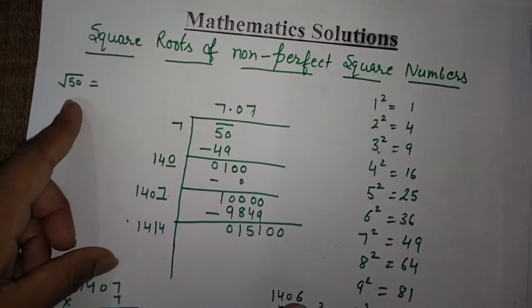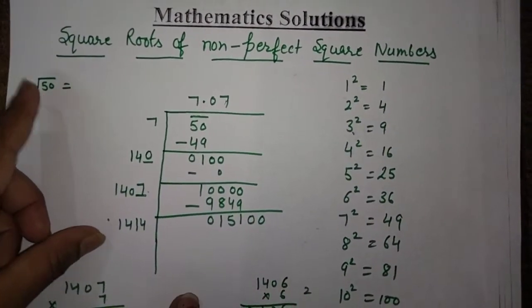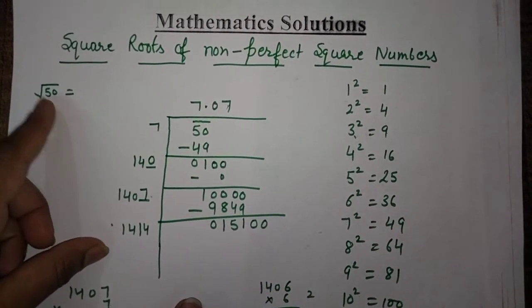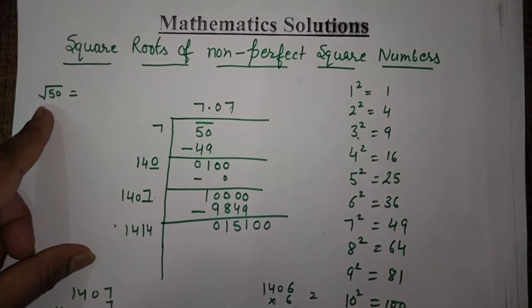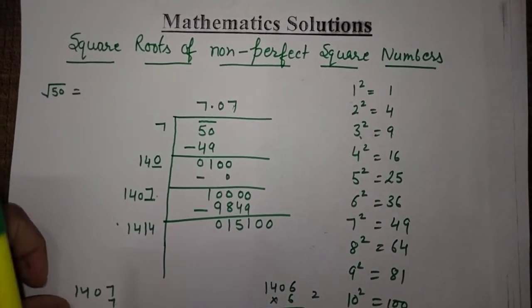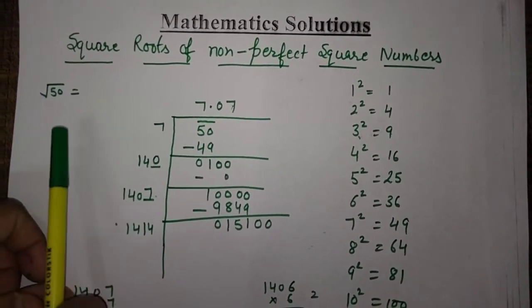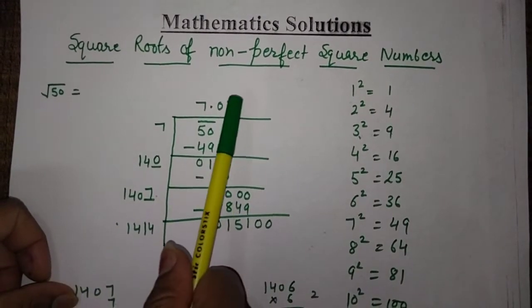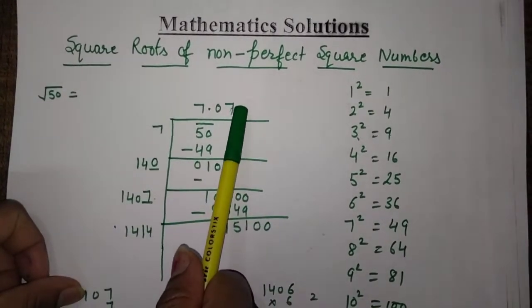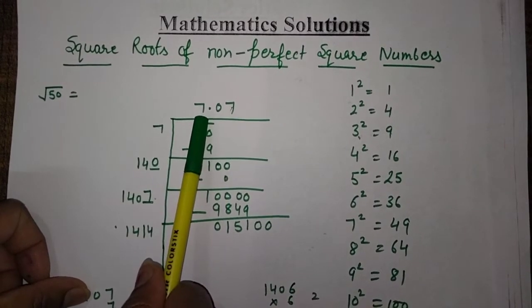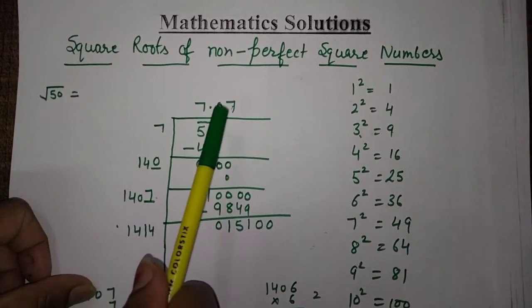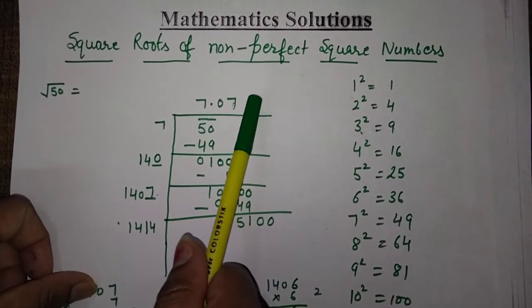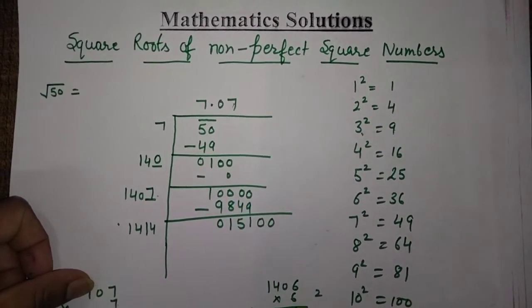Now one thing that I want to tell you is that in this type of question, the question is asked as: find the square root of this non-perfect square number up to 2 decimal places or 3 decimal places. If you are asked to find the answer up to 2 decimal places, then we have to find at least 3 places after the decimal. And if you are asked to find the result up to 3 places, then we have to find it at least for 4 places.